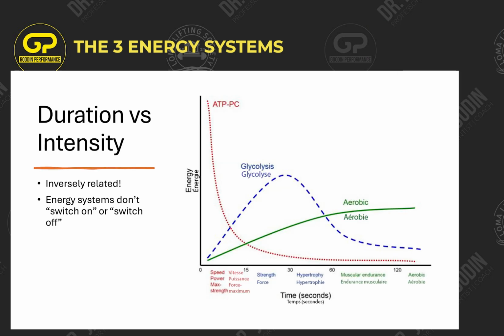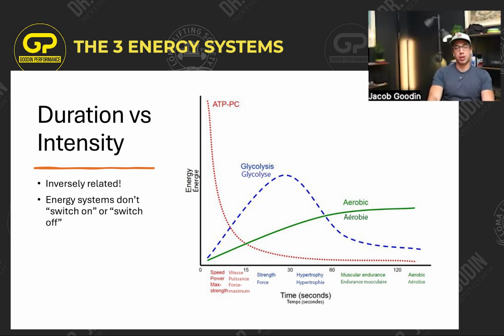But let's move on then to the next section, okay? So the last couple slides for the energy systems that I wanted to cover, I wanted to show them to you in this graph format, okay? So this graph shows energy output on the y-axis and time on the x-axis, all right? And you see the different colored lines denoting the different energy systems. The reason why I have this here is because I wanted you to see when each of the energy systems